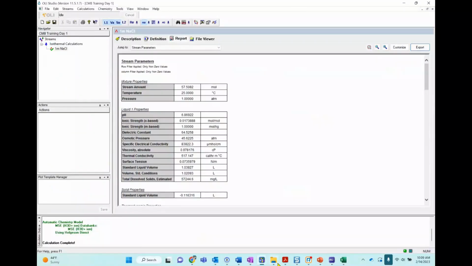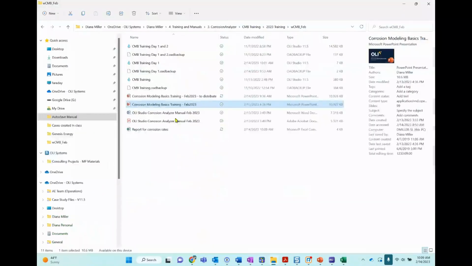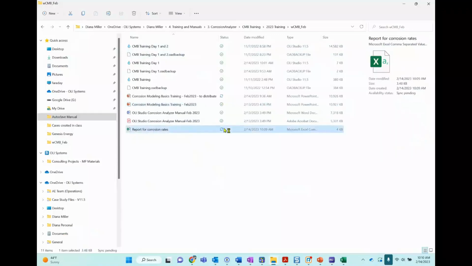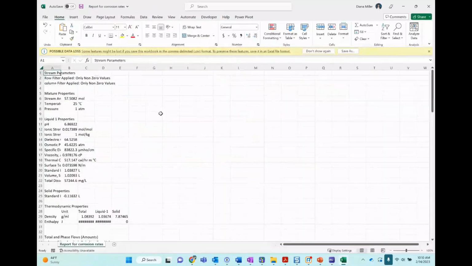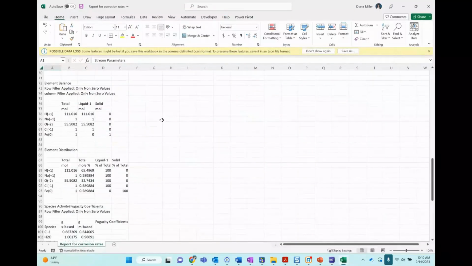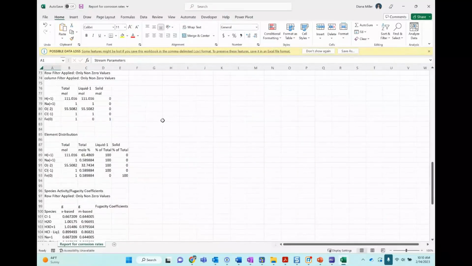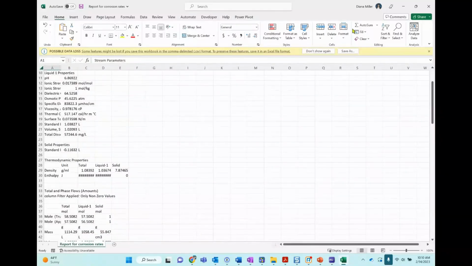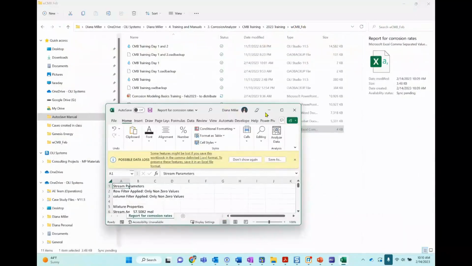And then you'll go to your location and you'll see that now you have an Excel spreadsheet with the information that the software gave you regarding the calculation. It's something that I like to show because, again, if you want to share that information with someone, you can simply export this easily. Okay, that is one thing. Now let's go back.